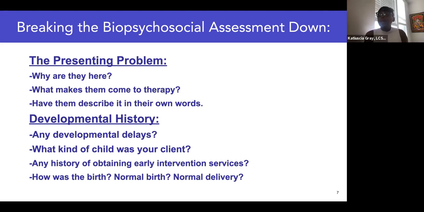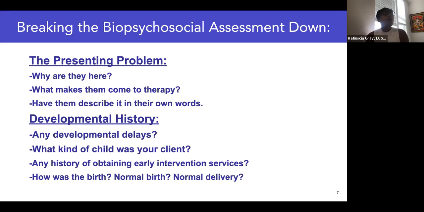Let's know a little bit about their birth. Was it a normal birth? What is a normal delivery? Most kids who are born premature tend to have a little bit of deficits. Not all kids, but some kids. If you've had some deficits when you were a kid, it's highly likely that you probably have a little bit of deficits as you've gotten older as well. Some people show it a lot more than others, and it's our job to uncover that. Okay, am I making sense so far? Okay, awesome. We also want to know about developmental milestones, right?